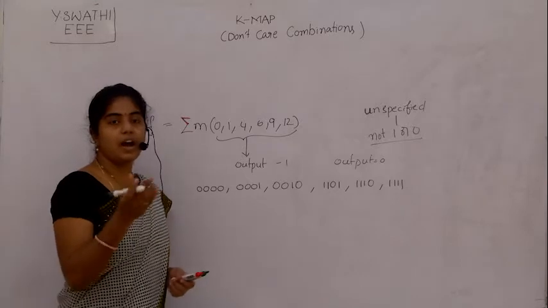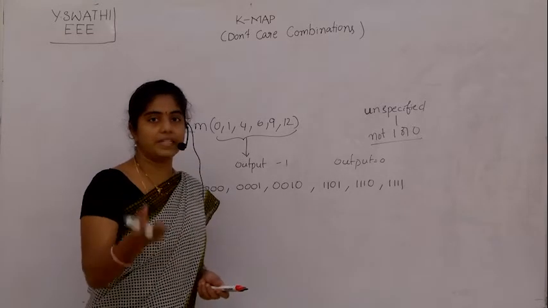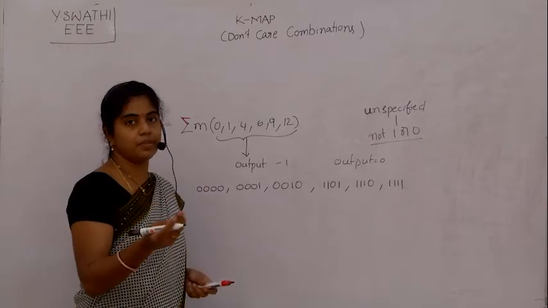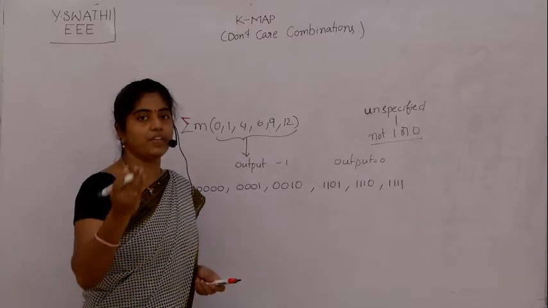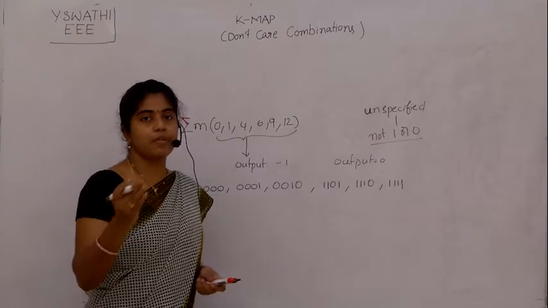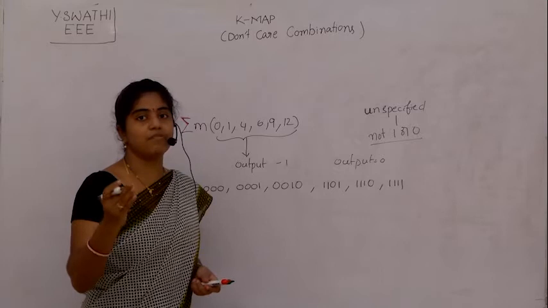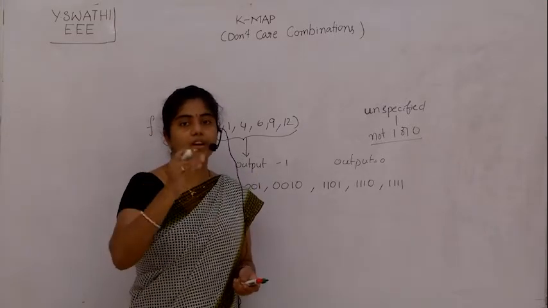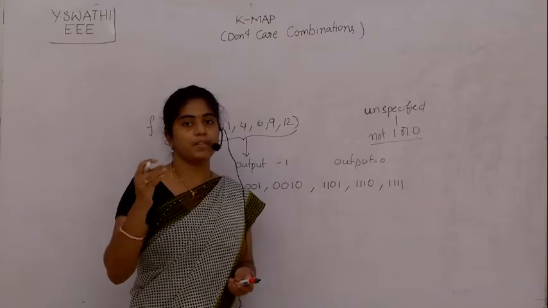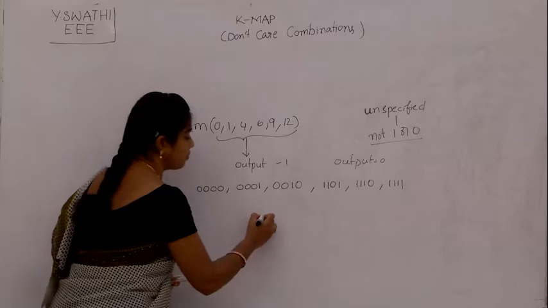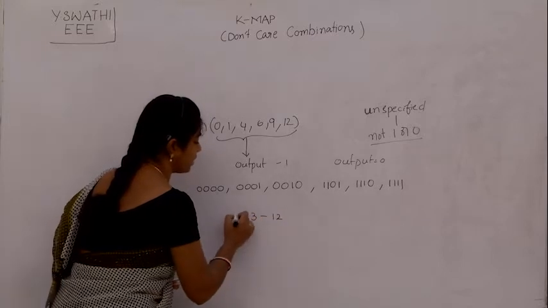XS3 code means our binary code plus 3, right? So for 0 we have 0 plus 3, which is 3. For 1, 1 plus 3, 4. For 2, 2 plus 3, 5. Like that, up to 9, where the XS3 code is 9 plus 3, 12. So from 3 to 12 we have the XS3 code.